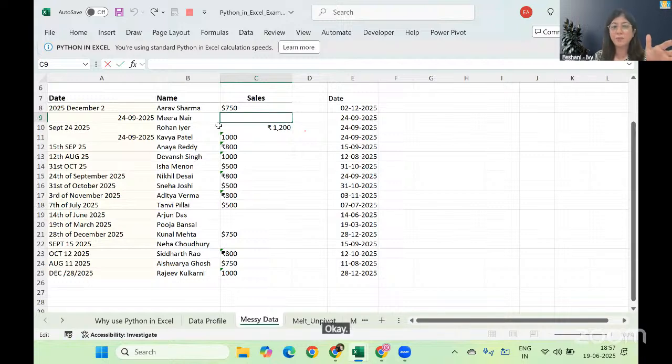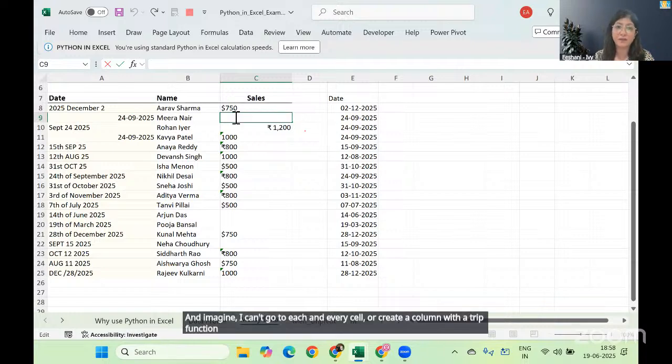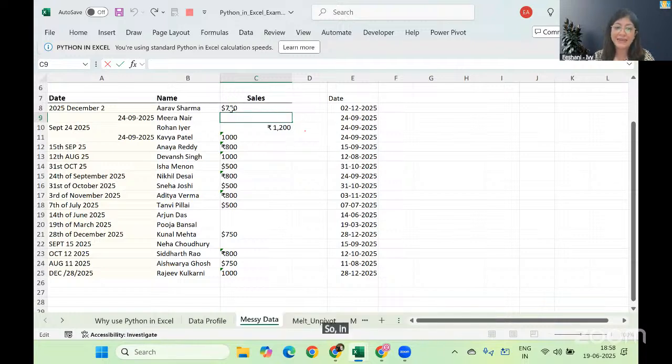Okay. And these spaces, unfortunately, are the ones which are not visible. And imagine I can't go to each and every cell or create a column with a trim function to get rid of the space. So in order to clean this in one single shot,